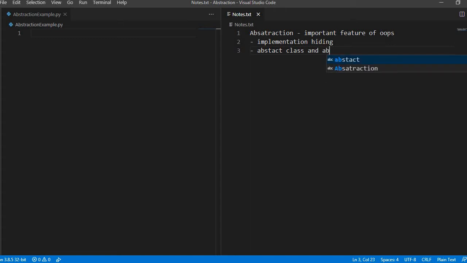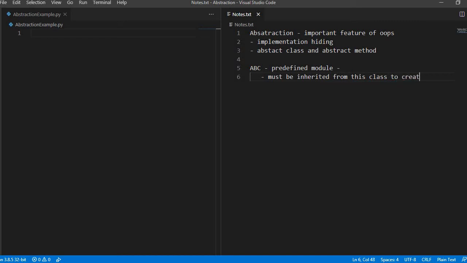If you want to create any class as an abstract class, your class must be inherited from this class.